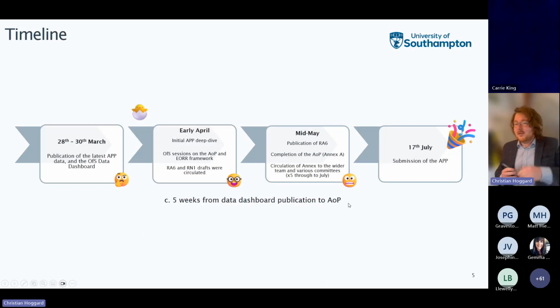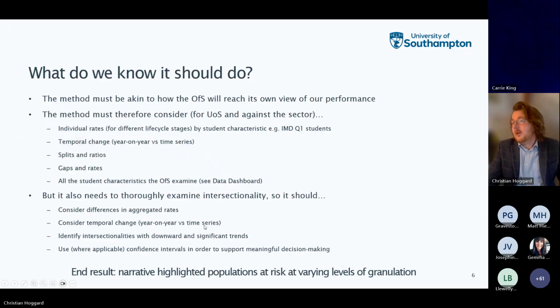Briefly, just to show you our timeline, we started this in late March, just before Easter, which was obviously in April last year. We had the OFS sessions, we had the publication of RA6. We only had 2 months really to get this around. And then, as you will all know yourselves, working through the different committees all the way through, up until the 17th of July, when we then submitted our APP. So we knew it must be akin to how